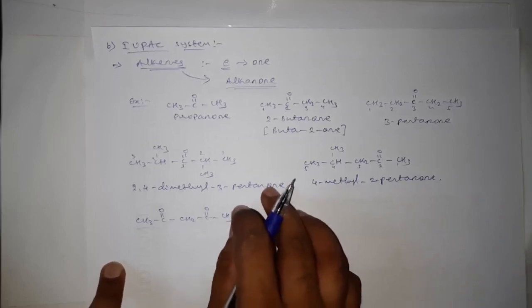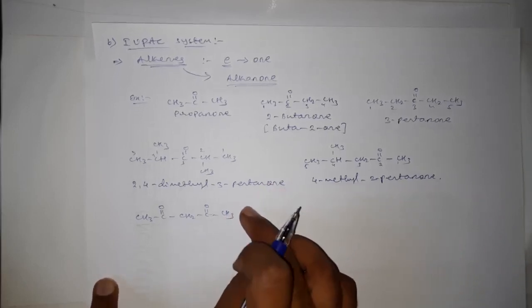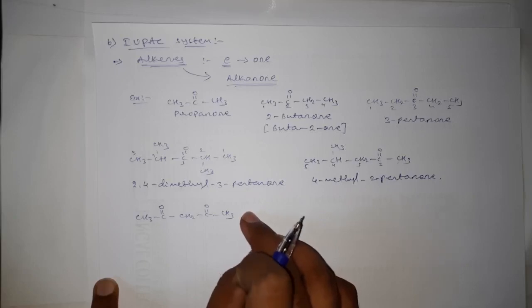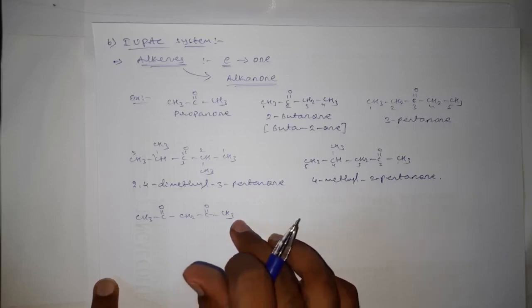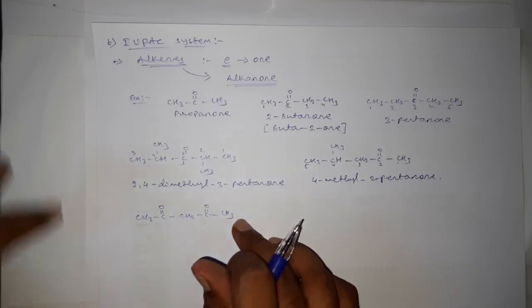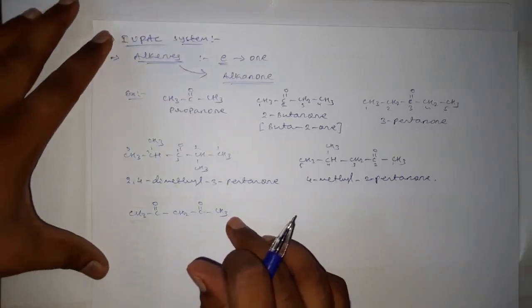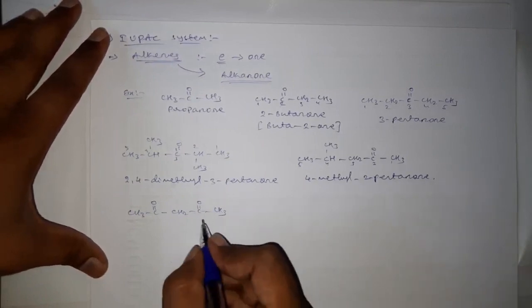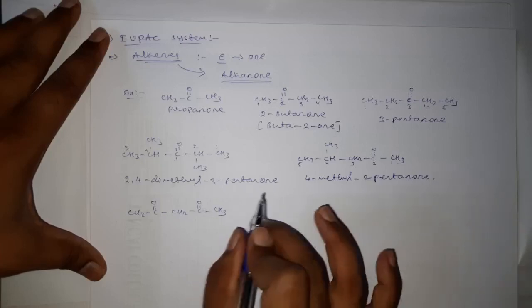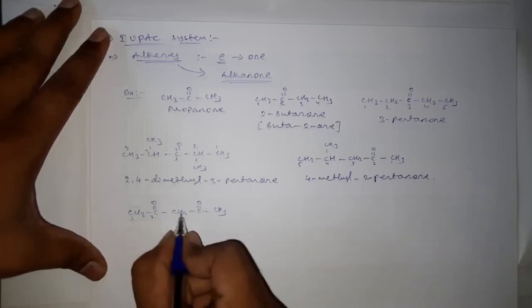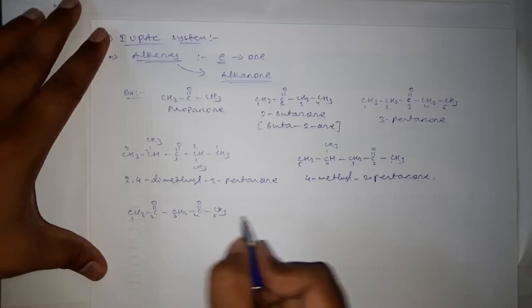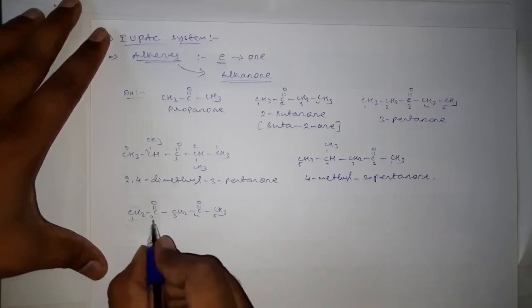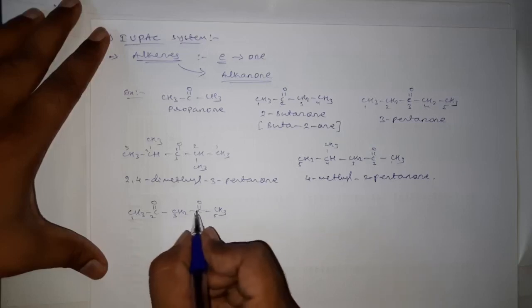by naming the corresponding alkane, where the E of the alkane should be retained, and by adding the multiplicative prefixes like di, tri, etc. How many ketones are there, that many multiplicative prefixes we have to use along with the name of the alkane. And here we should keep the E of the alkane. And here, after numbering this type of ketone, we are getting the correct positions of the ketonic groups.